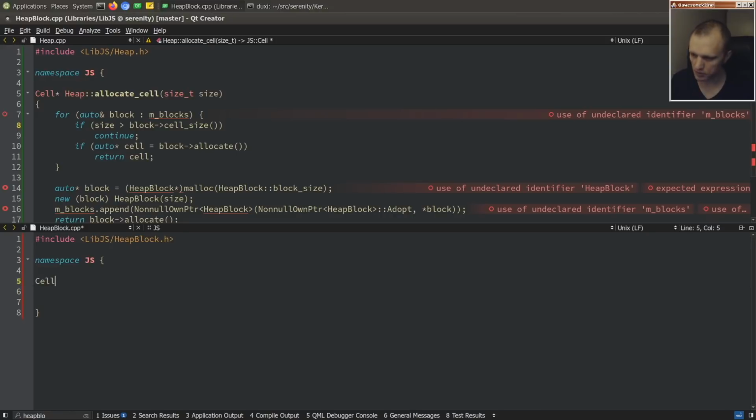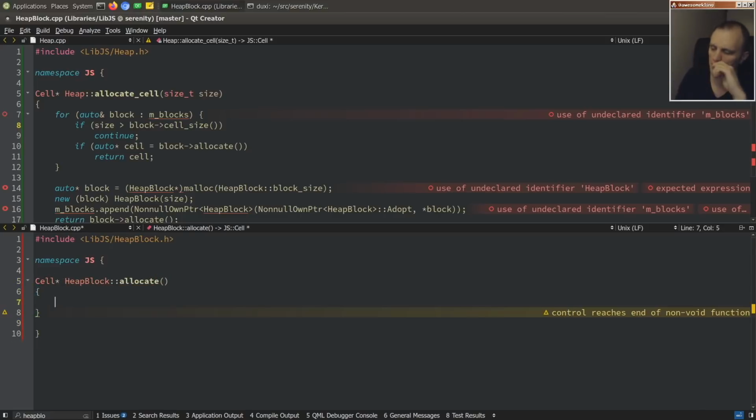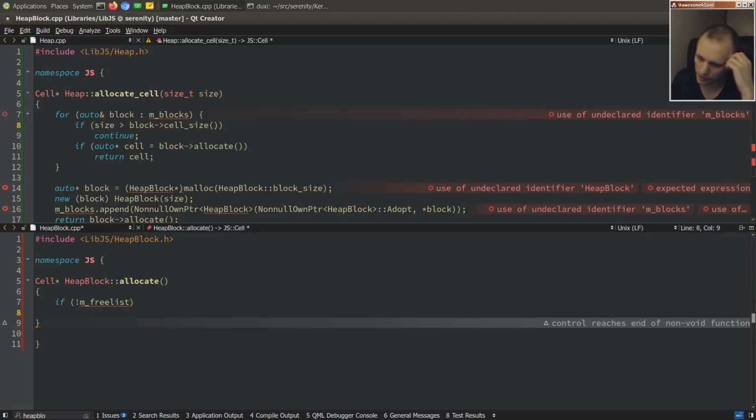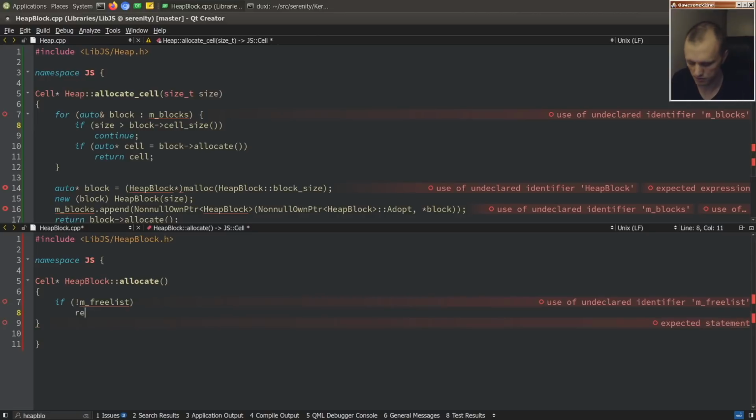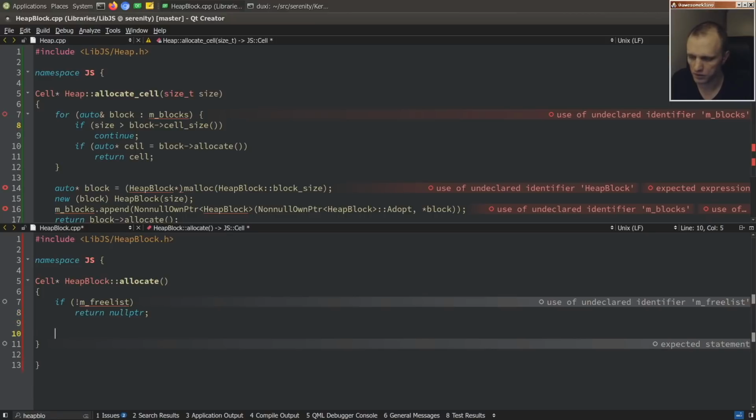So the thing we wanted to implement now is heap block allocate. And ideally, this would just pop something off of a free list. So let's imagine that we have a free list, which will just be a linked list of available cells in this block. So if we don't have one, return nullptr. Otherwise,